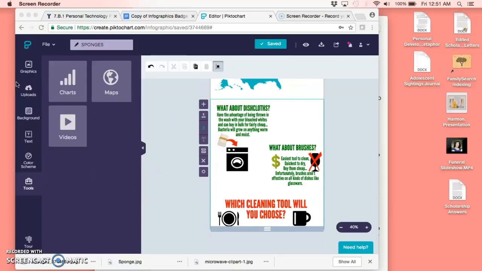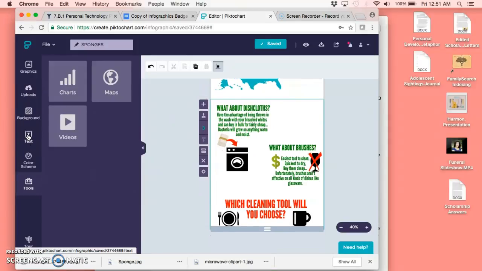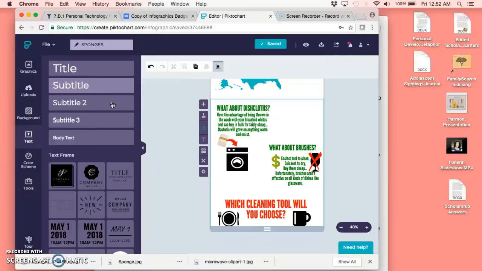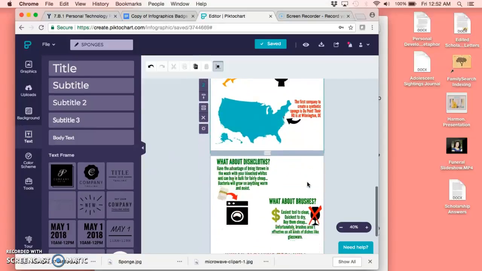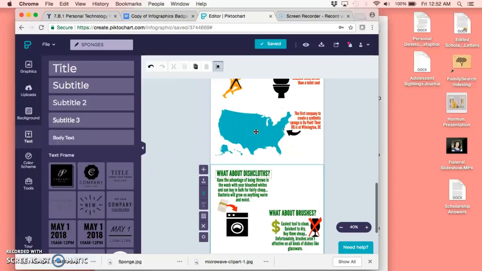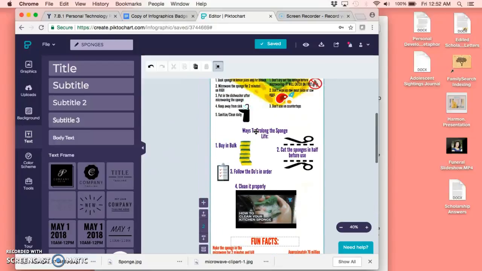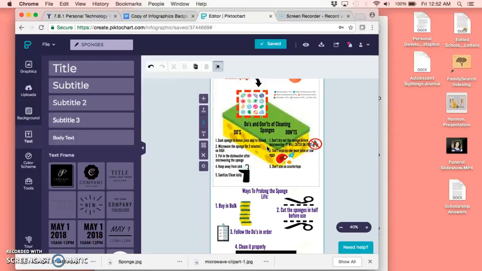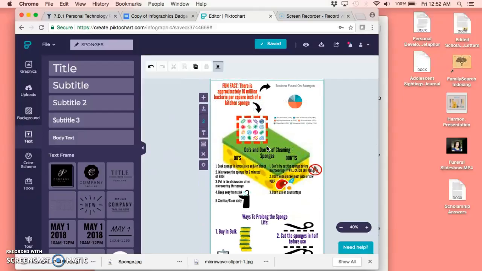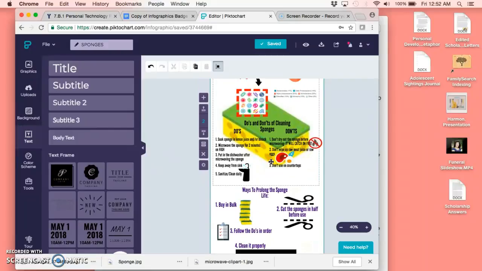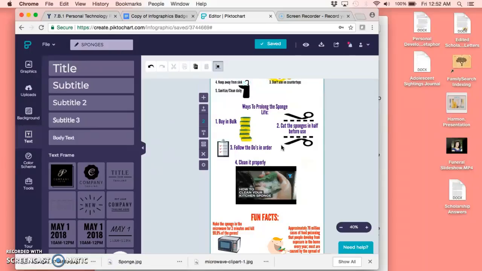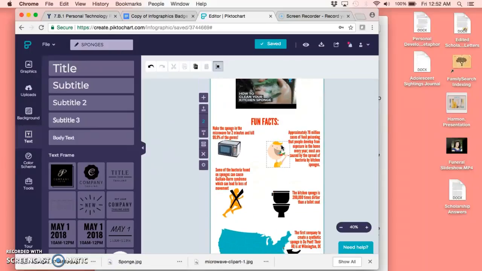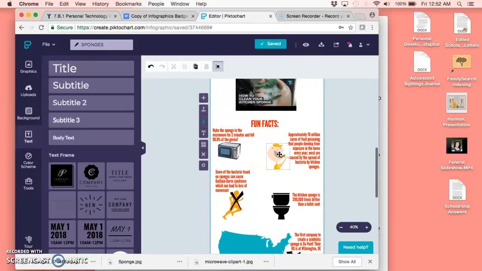And then I was able to have different text, different titles, subtitles, and body text. As you can see, the difference between the sizes. And I made sure that different colors were there so then students, when they're going through, knew about the differences. And then I try to use more clip art than real pictures, just so then it followed a certain theme